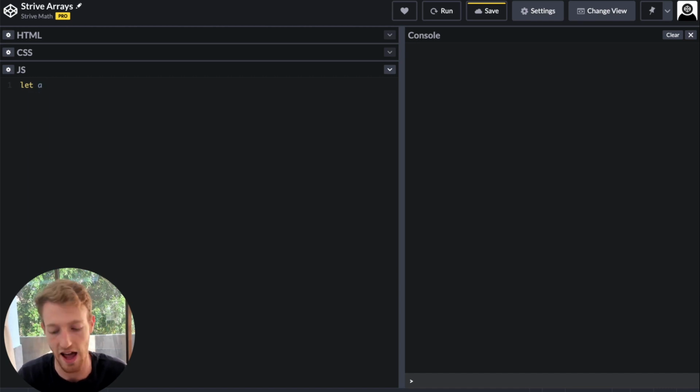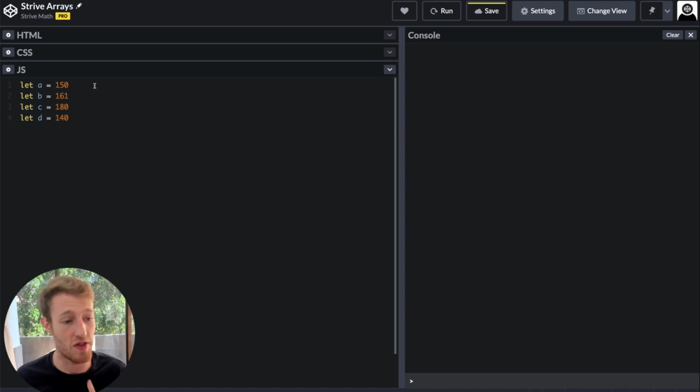So let's say A, and this student is 150 centimeters tall. And then B, this student is 161. And then C, this student is 180. This is a tall student. And then D, this student is really short, 140. Now we want to know what the average is of all of these